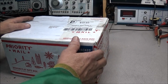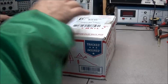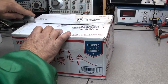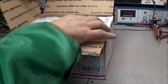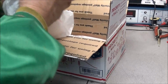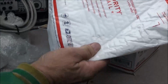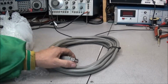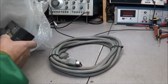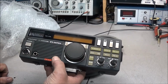And we have a package from Randall out of Winston, South Carolina. Let's pop this open and see what Randall has sent in. I have a feeling I know what this is. We'll check it out and see. Yep, exactly what I thought. He goes by a different name in his email. You can see we have a big old cable with some connectors on it. And inside here we have the remote control head for our Yaesu